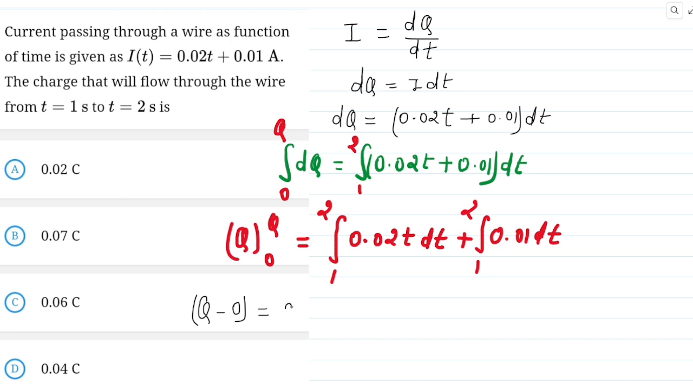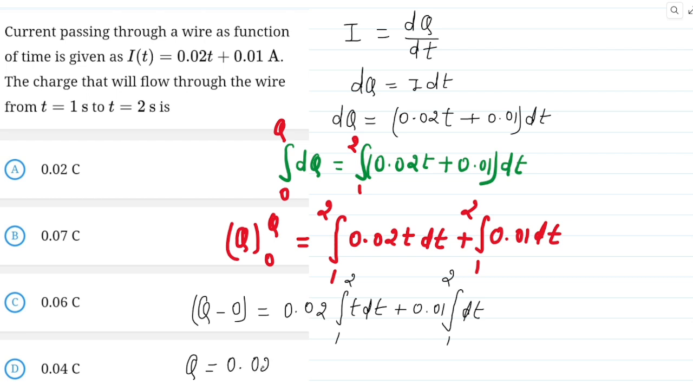So here 0.02 is a constant term, and we have to integrate only t dt, with the limit 1 to 2, plus 0.01 is a constant, and the integration of dt, by putting the limit it is 1 to 2. Clear? So now we get q minus 0, that is q, is equal to